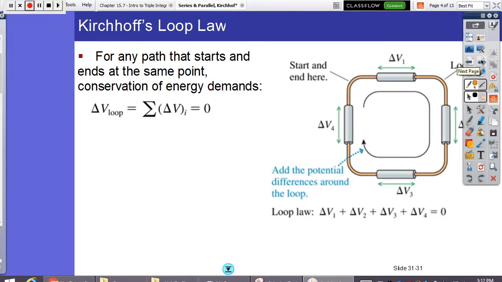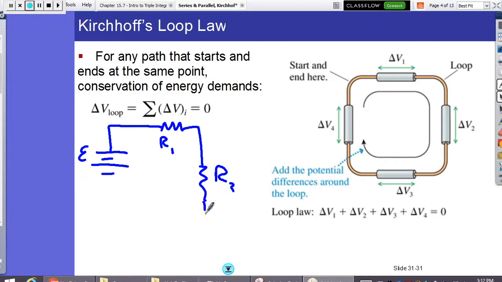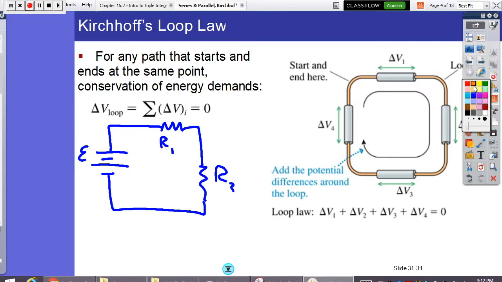Similarly, our loop law tells us that for any path that starts and ends at the same point, our total loop voltage is 0. And I just want to be very careful here to remind us that let's say we've got some battery of a voltage E, and let's say we've got 2 resistors, R1 and R2, and we've got some current through our circuit, I, and it's going to be the same everywhere because this is a series circuit,